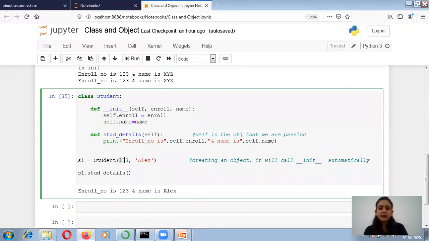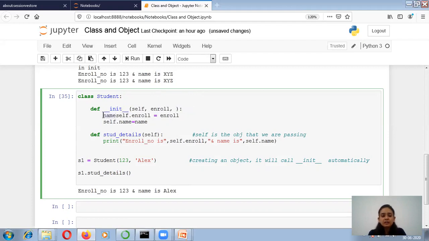I am passing two arguments, but in the definition I have mentioned three arguments. So what is self over here? Remember that self is the object itself. You are passing S1 itself as self, and it is passed automatically. You don't have to mention that. Then 123 will be stored in the enrollment and Alex will be stored in the name variable.